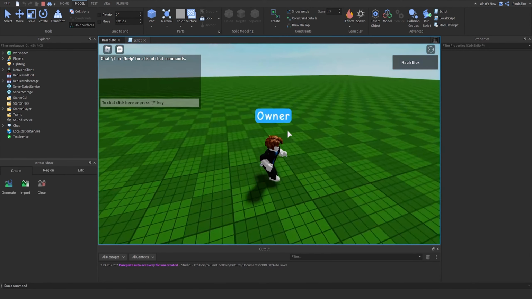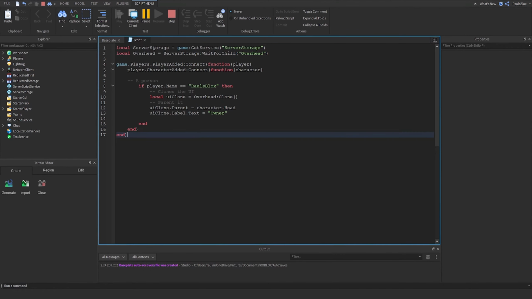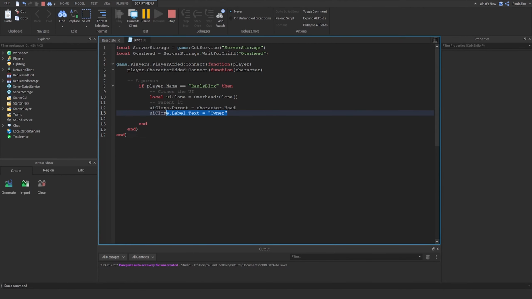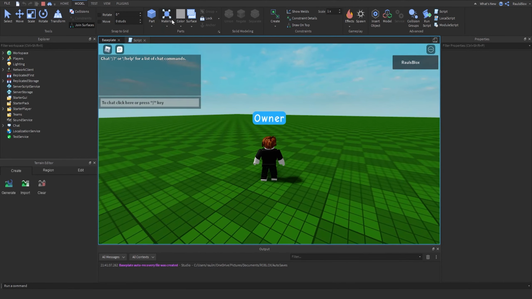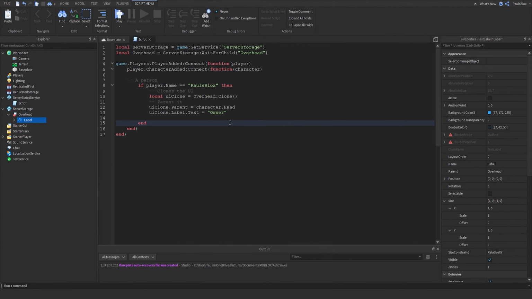And now there we go. We have the owner UI on top. Before, you can see that it was label, and now because of this text right over here, we've made it into owner. And so that is how to make it for a specific individual's head. And for now, if we want to make it for a group, or everyone in a group, well then what we want to do is, right over here,